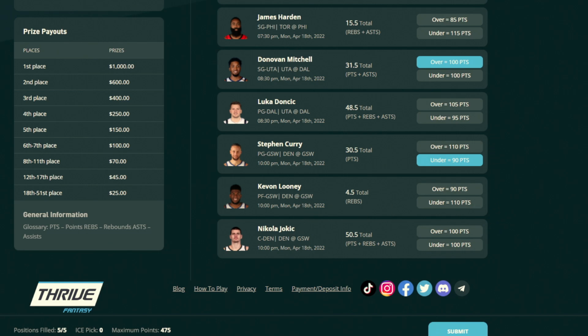4.5 rebounds. For me, it all comes down with Looney to just minutes, right? The problem with Steve Kerr and Kevon Looney is he just doesn't play him enough minutes to really be viable in any formats. And that's the struggle. He doesn't play a ton. The minutes are never massive with him. There's times where he just gets kind of run off the court, and that is where you're always going to struggle with picking any Kevon Looney play, just due to the actual minutes he's going to see on the court.